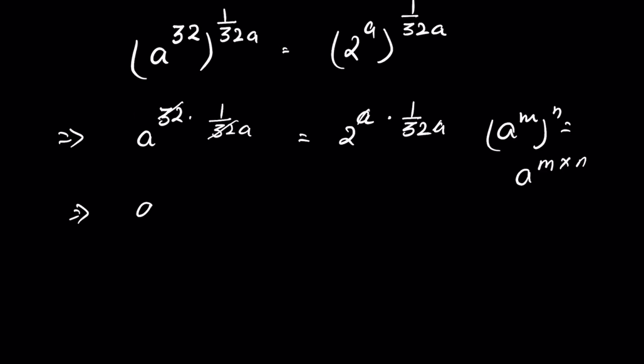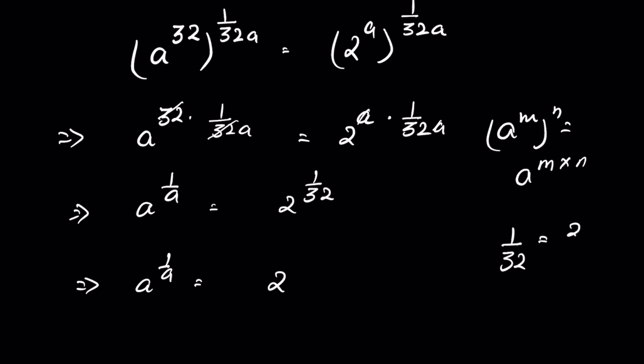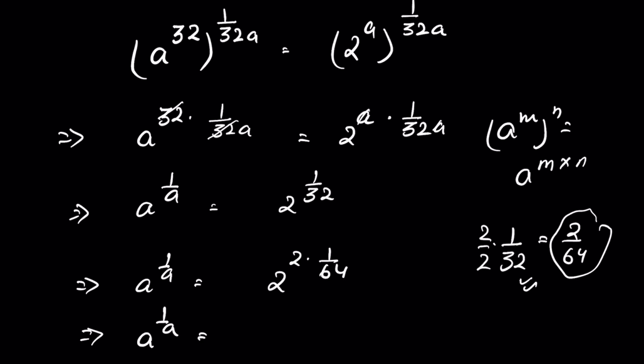So it is a to the power 1 upon a is equal to 2 to the power 1 upon 32. It is equivalent to 2 upon 64, because if we multiply and divide it by 2, there is no change in this fraction. It is equal to 1 upon 32, 2 upon 64. So we can write it as 2 upon 64 in the exponent, or this we can also write it as 2 times 1 upon 64, or a to the power 1 upon a is equal to 2 to the power 2